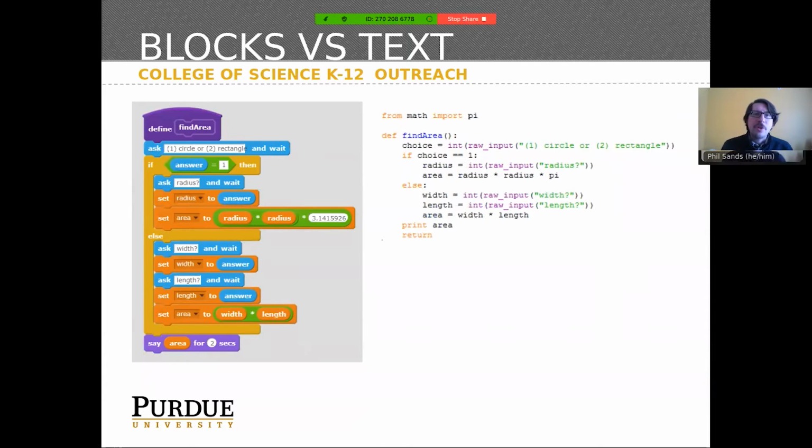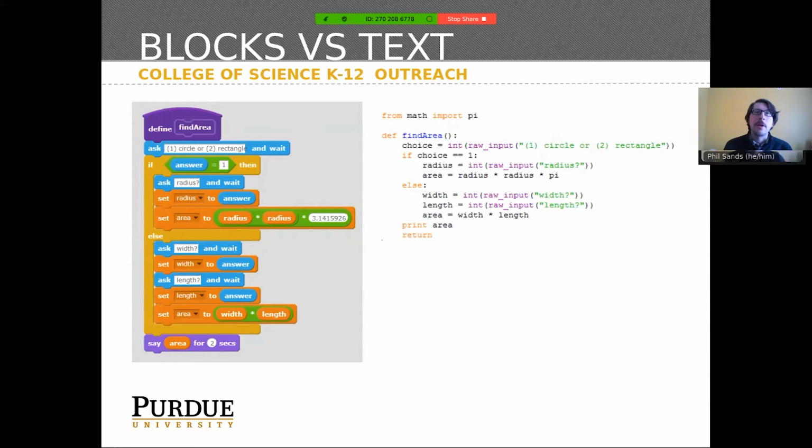The idea of Scratch introduces an interesting idea in terms of teaching. What you see on the left and right here are two different programs that actually do the exact same thing. The one on the left is written in Scratch. The one on the right is written in Python. And the reason why you might make a choice of using a block-based language versus a text-based language is that one of the big challenges for teaching new programmers or for learning it yourself is going to be,